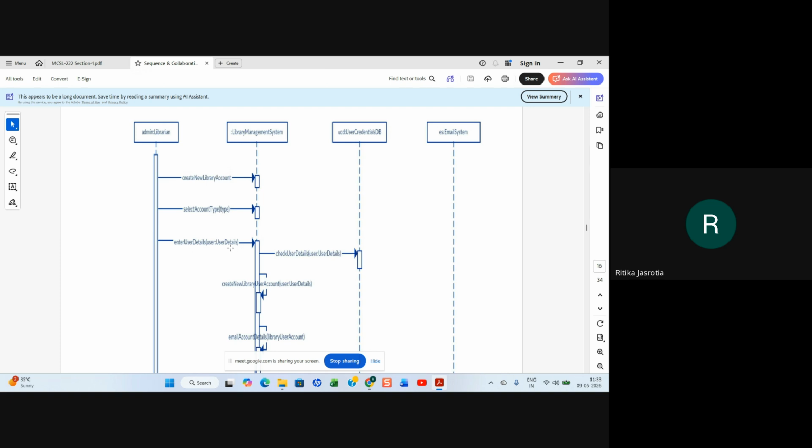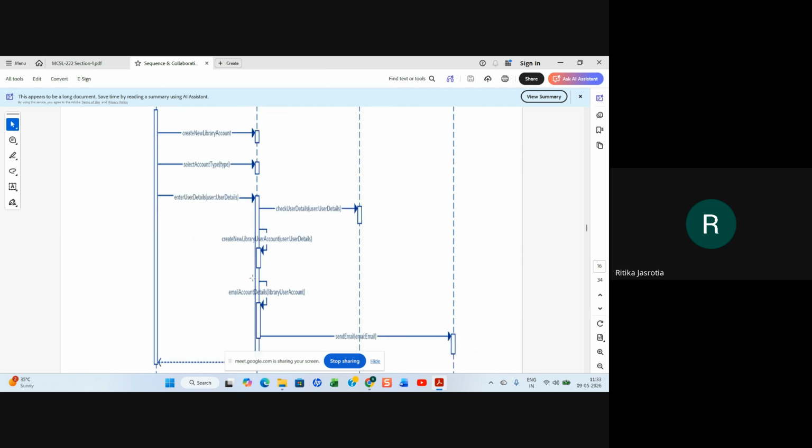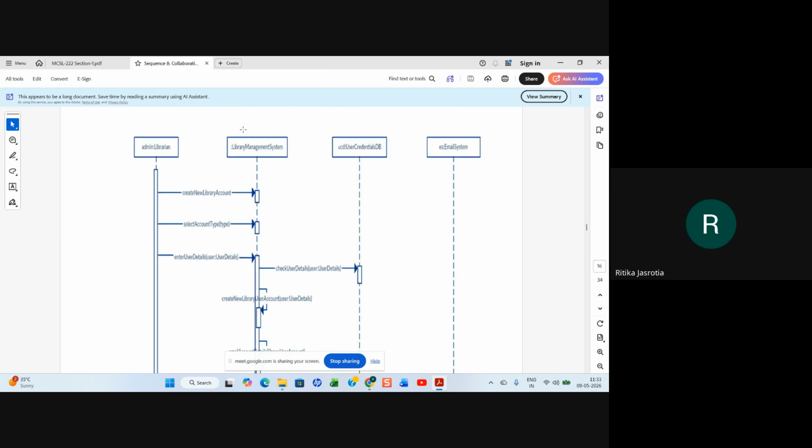So he enters the user credentials on the library management system. Then the user credentials are checked on the user credential database to see whether there is an already existing user or not. If he does not already exist, then the account is created in the library management system. A new user account is created, right?